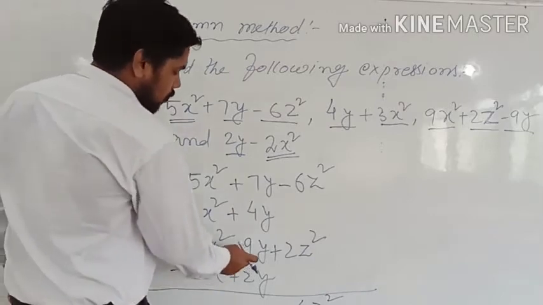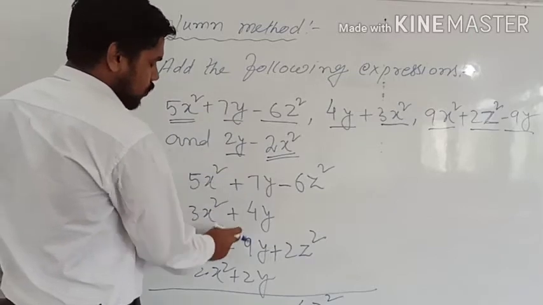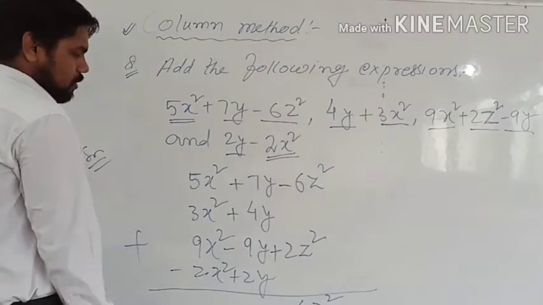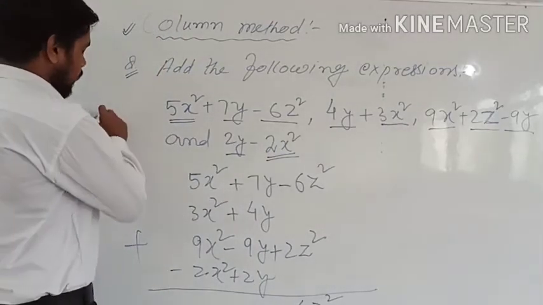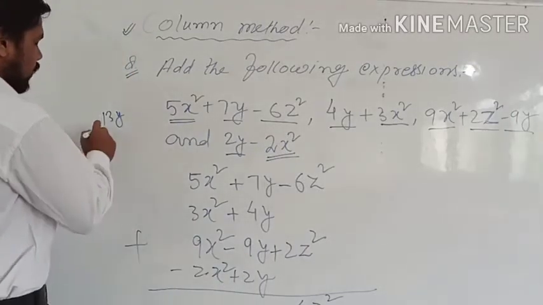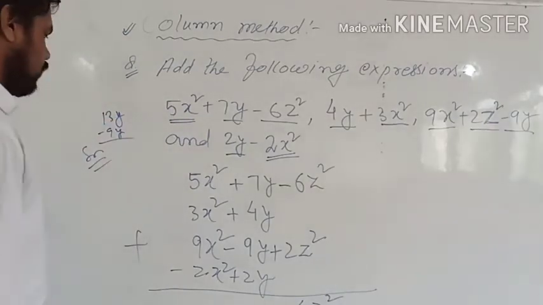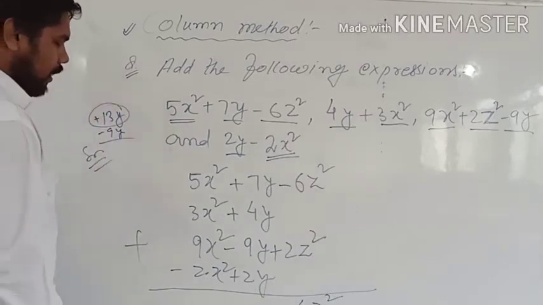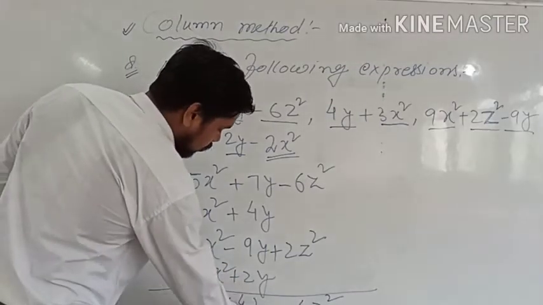तो फिर हम लोग नेक्स्ट टर्म में देखेंगे. यहाँ पे प्लस जो है 7 plus 4 how much? 11, right? 11 plus 2, 13, right? So here 13y and minus 9y we have. So 13y minus 9y. So check once, how much? 4y. Okay, and this sign will be plus, because plus number is greater. Okay, so here we will write plus 4y.